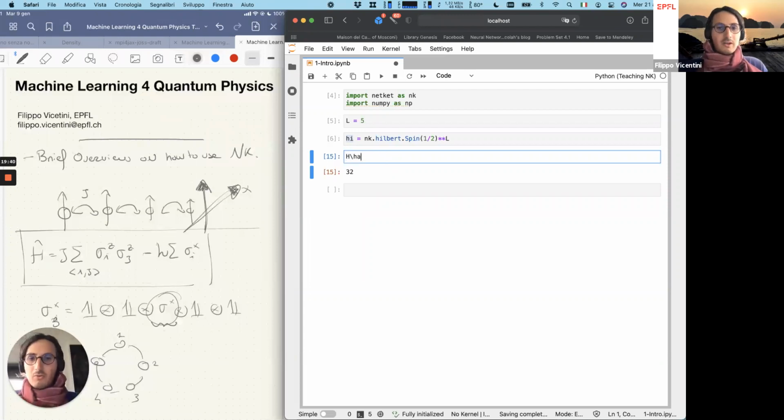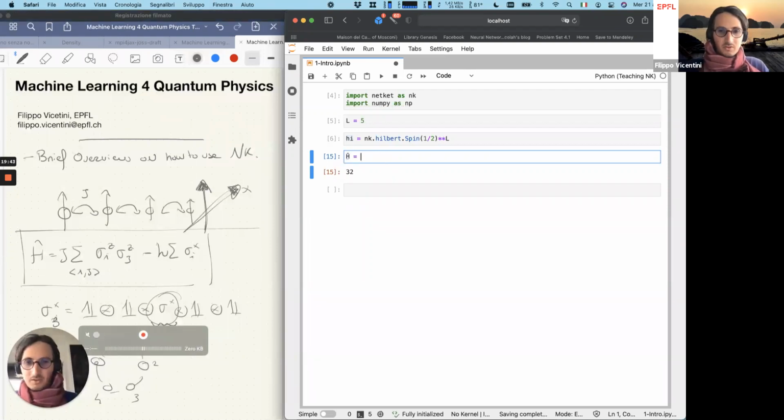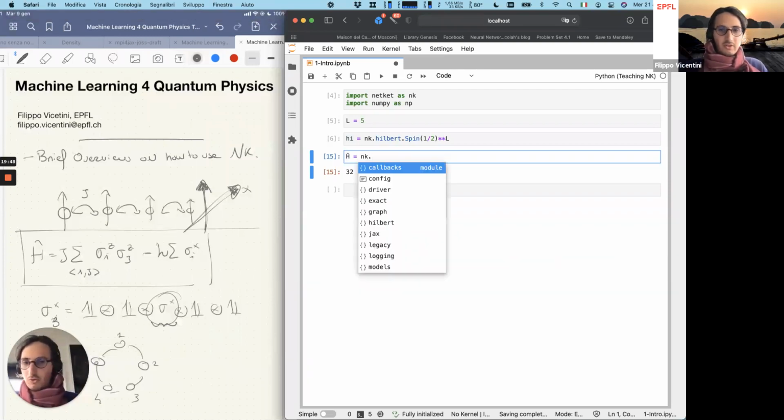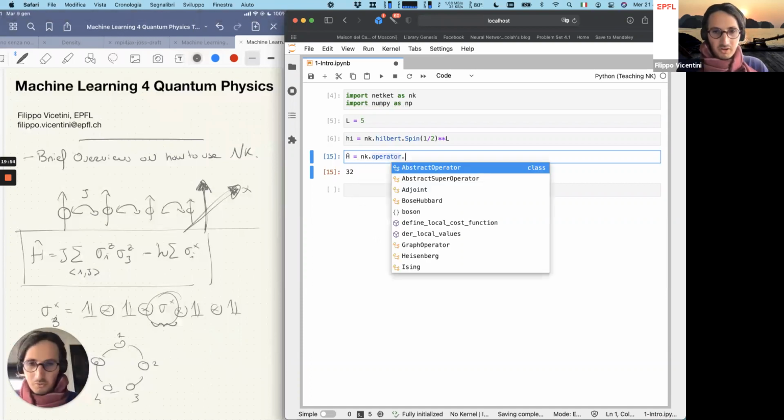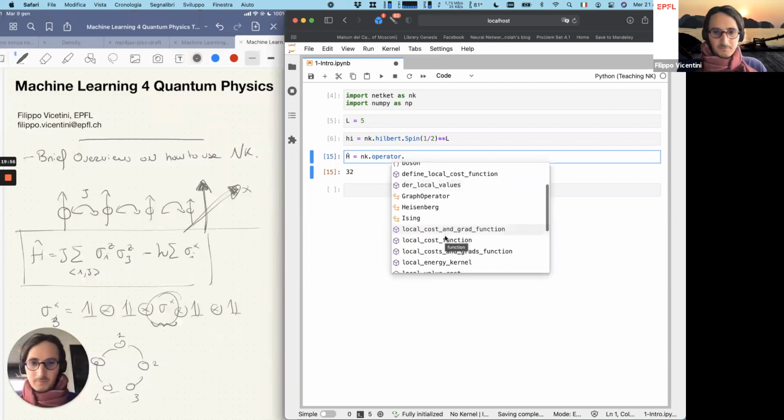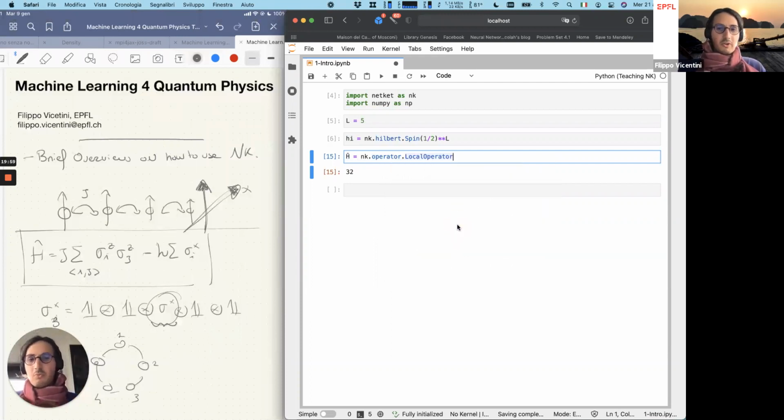Okay, so now we want to write down the Hamiltonian, like this Hamiltonian here. So the most general way to do that is to go inside of netcat and go in the module operator, where there is everything you need to work with operators. There's a bunch of things. What we need to work with is the local operator. So it's somehow our sparse representation of operators, where we are not computing the tensor products of the identity, but we are just storing where each operator is acting on. So to create a 0 operator, just create a local operator on this Hilbert space, right? So now this H object,